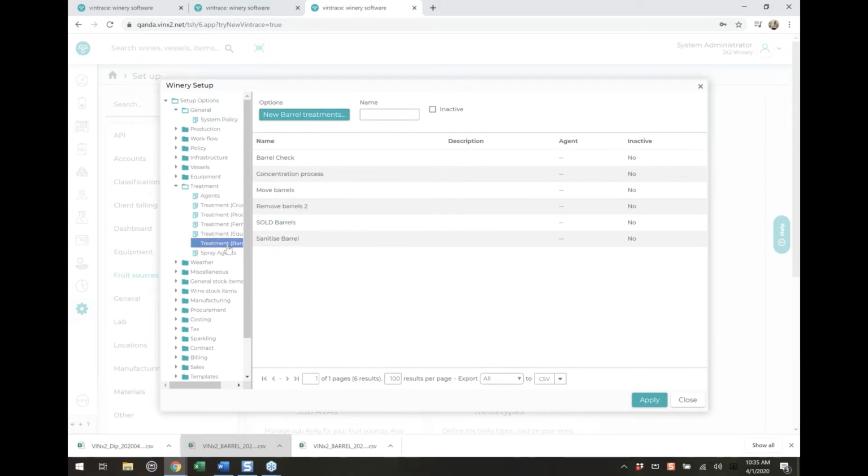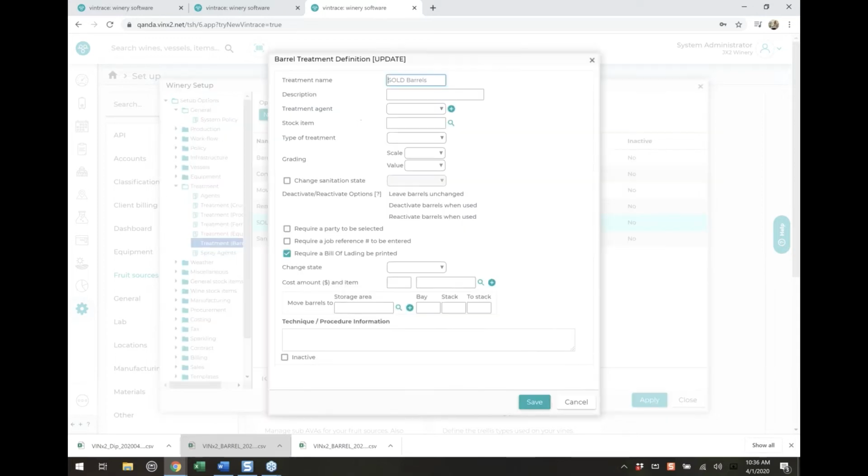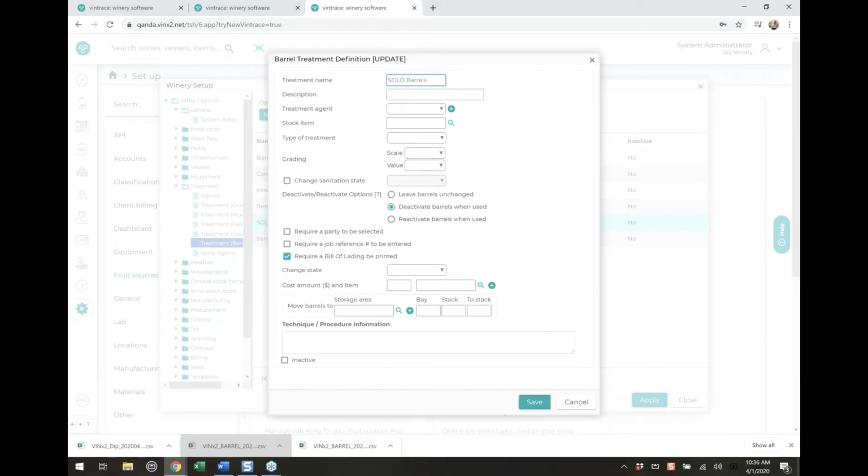The next treatment is barrels. Barrel treatment can deal with both empty barrels and full barrels. So we're going to start with empty barrels that you've sold, that clients have taken back, or you've turned into planter beds. So say we have the sold barrel, you can have it be named sold, client take, anything like that. But the biggest thing you want to make sure you're doing is telling vintrace to deactivate these barrels when used. So by creating this product treatment, you can save it to a work order,